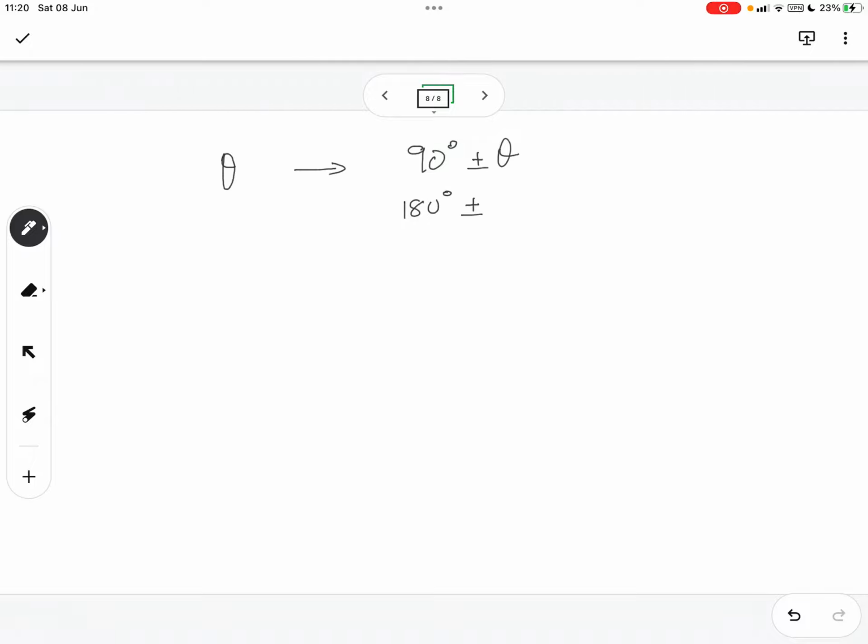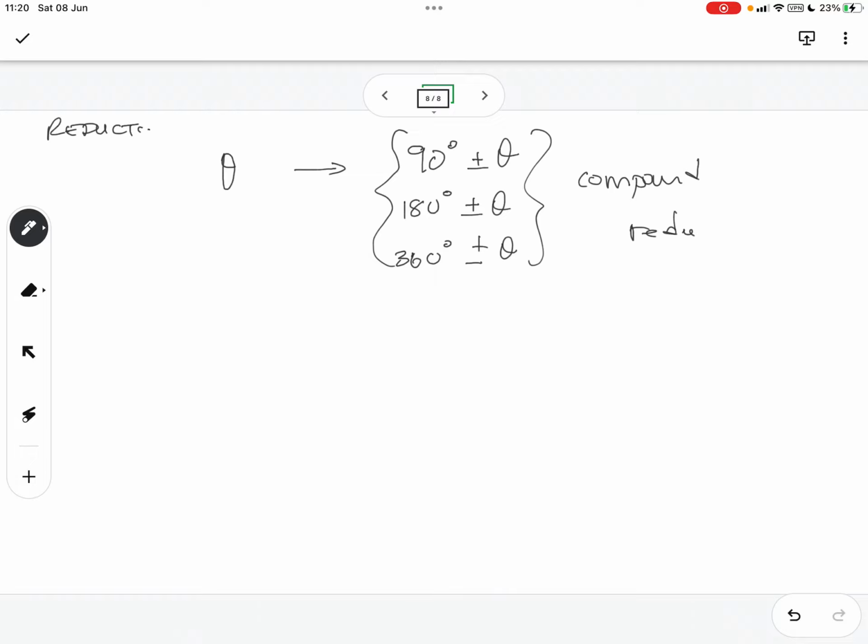So in other words, instead of just having an angle theta, we now have cases where the same angle is 90 degrees plus or minus theta, 180 degrees plus or minus theta, or 360 degrees plus or minus theta. Now we must reduce this